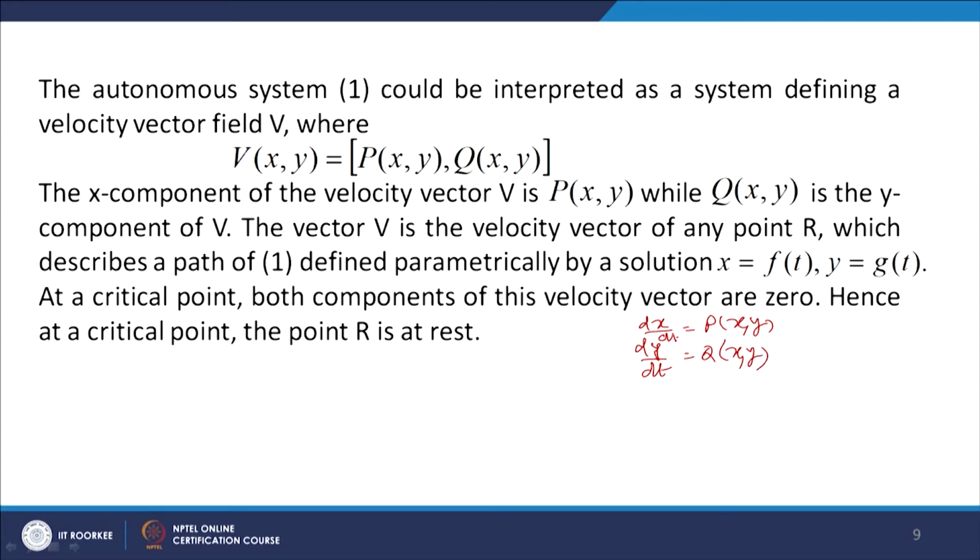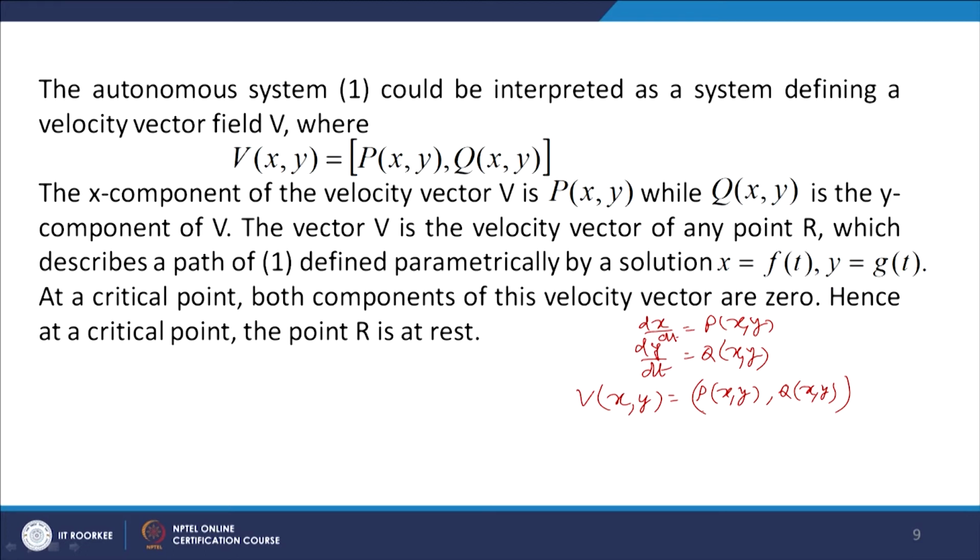This autonomous system could be interpreted as a system defining a velocity vector field, where V(x,y) has components P(x,y) and Q(x,y),